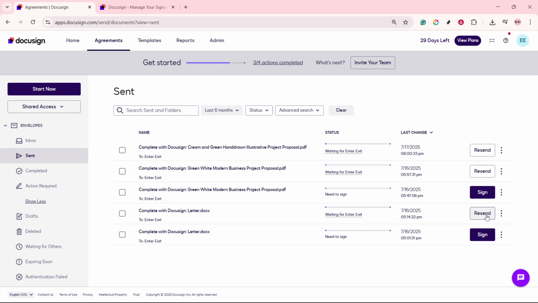And that's really all there is to it. Resending a DocuSign document is a simple yet effective way to ensure your agreements and tasks stay on track. Remember, keeping your documents organized and knowing how to efficiently manage them is crucial to achieving successful communication and business operations. So, whenever you need to remind a recipient or correct an issue, you now know how to take care